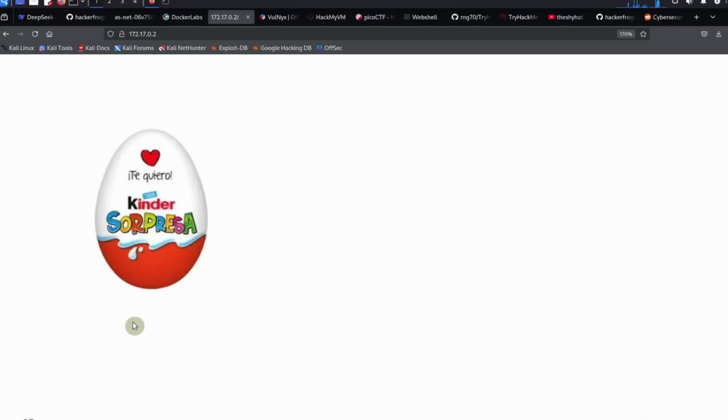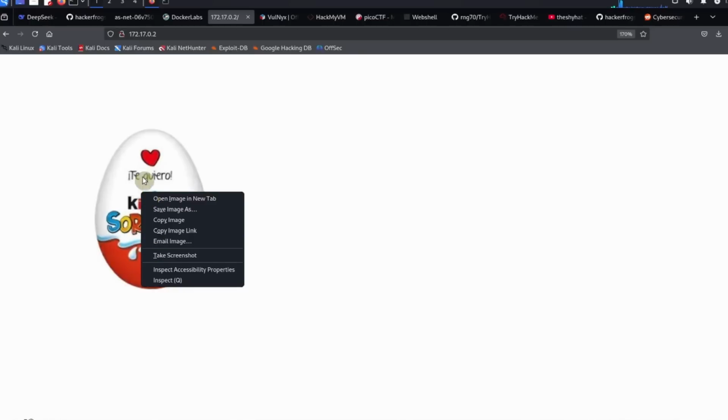it looks like a Kinder Surprise egg. Kinder Surprise is a candy. I don't know if it's originally from America or if it's originally from Europe, but it's a chocolate egg with a little toy inside. So there might be something inside this egg as well, which means that we need to inspect this image. We're just going to right-click on it, and we're going to select Copy